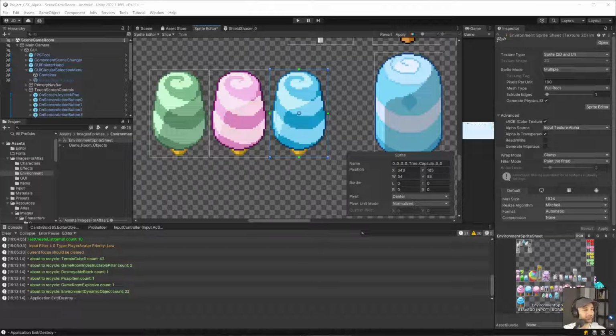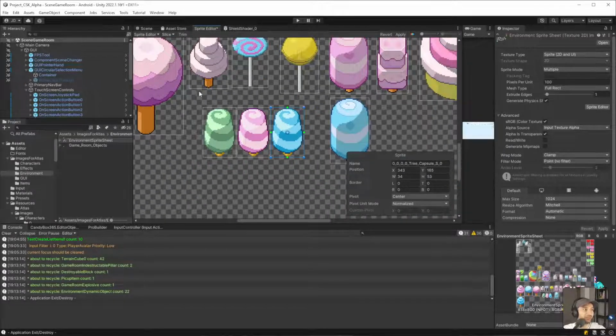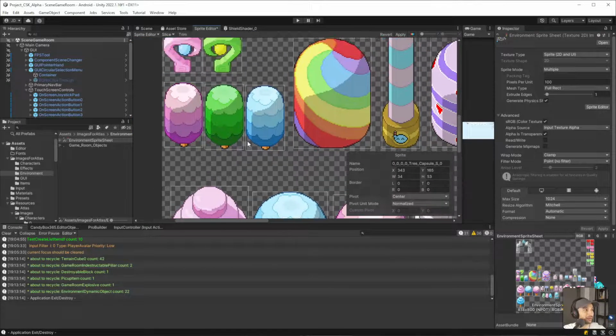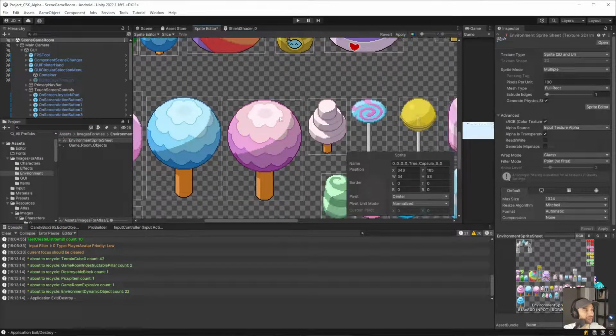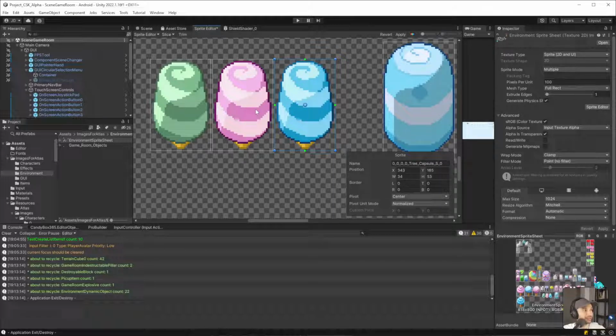Help me out, guys. What's an appropriate name for something that's shaped like a capsule but is narrower at the top? I need a descriptive word. We can't use capsule because I'm already using it, right? A popsicle. I'm already using popsicle, but that is actually a good idea. That would have been really good if I wasn't using it, actually.